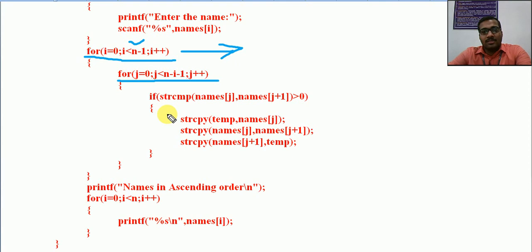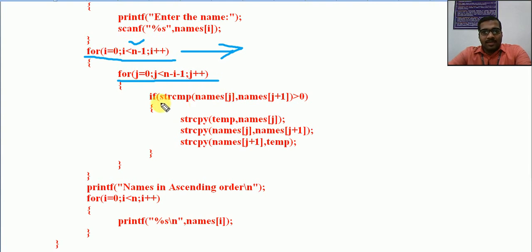If we are not able to follow this directly, go to the previous video on arrays. In array part 4 I explained the working of bubble sort using integers. Just look at that. There I gave a detailed explanation regarding the outer and inner loops. This is the same thing. The only difference is that i and j here deal with string values.